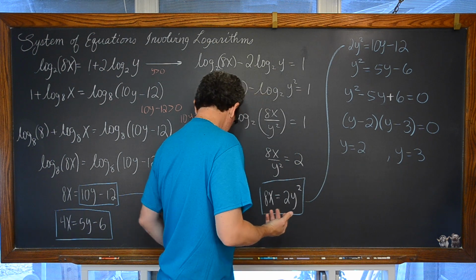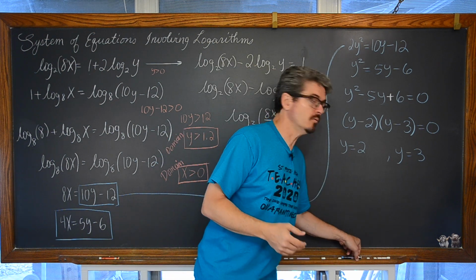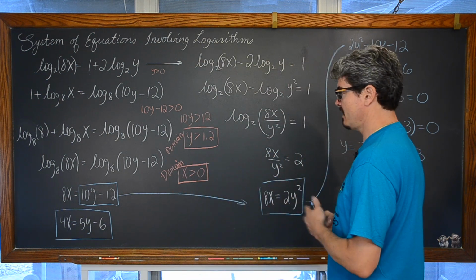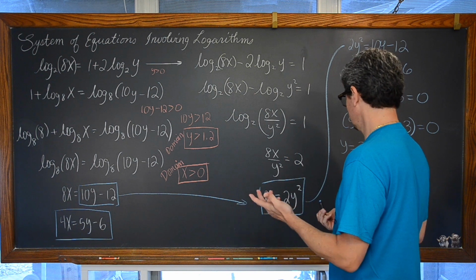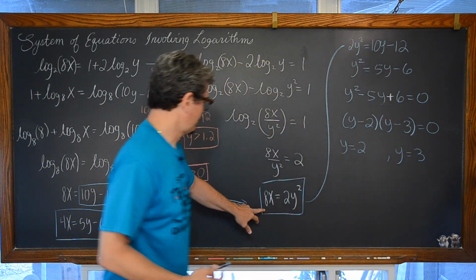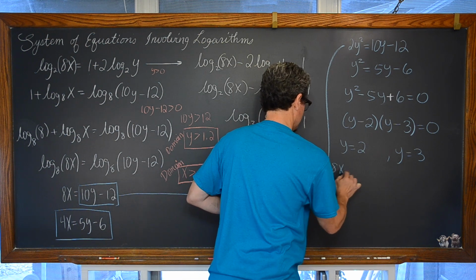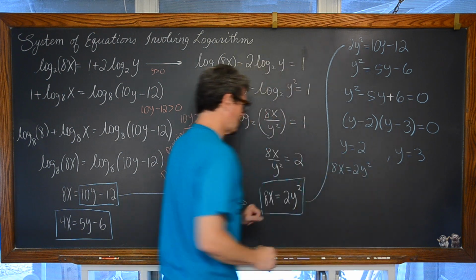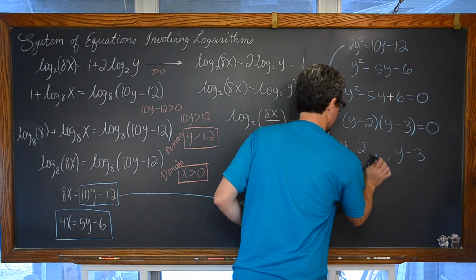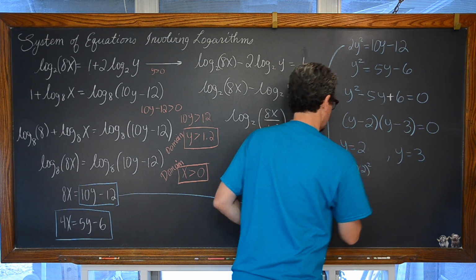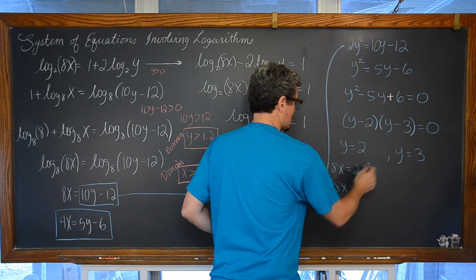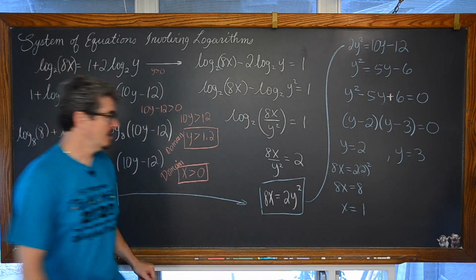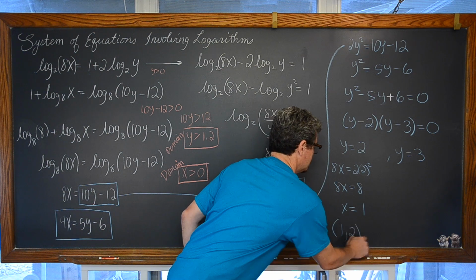When we have a y value of 2, what is our x going to be? What's the easiest equation that relates the variables x and y together? It seems like here we have 8x is equal to 2y squared, except now we're going to say that y is equal to 2. So 8x is equal to 2 squared, which is 4, times 2 is 8, so x is equal to 1, satisfying that. And we have one coordinate of (1, 2).